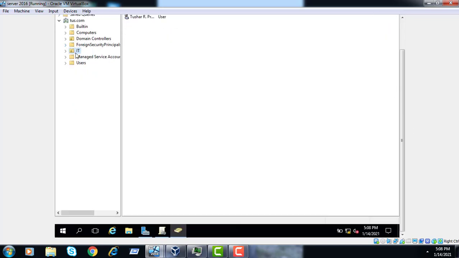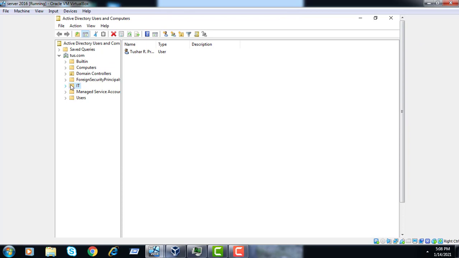You can see this is our organizational unit, IT, and this is our username, Tushar Prajapati, and I have set the password. Now I have to set the group policy on the IT unit, and it will be automatically assigned to this user, because the Tushar1987 user is already included in IT.